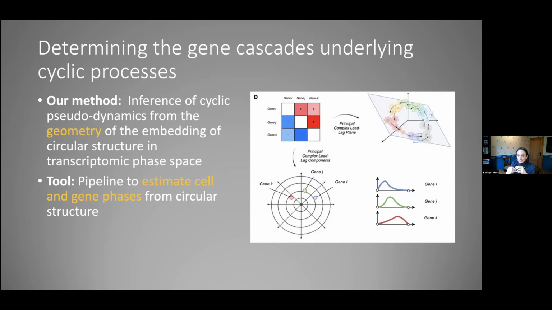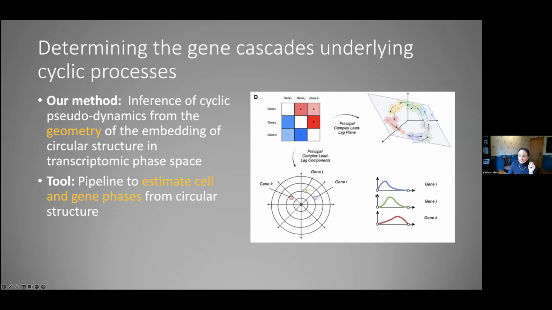We'll look at projections on various planes that will pick out sort of the dynamics of the relations between the expression of two different genes. And from that, be able to describe the different phases. So as you go around the circle, you can look at in what phase of the circle you have the different genes that are active, and something about the amplitude of the expression of those genes.